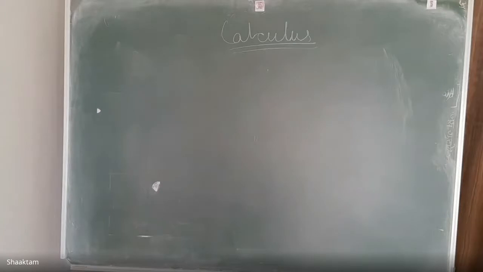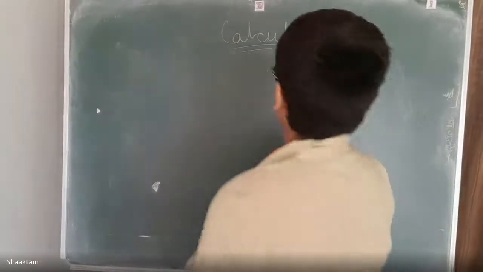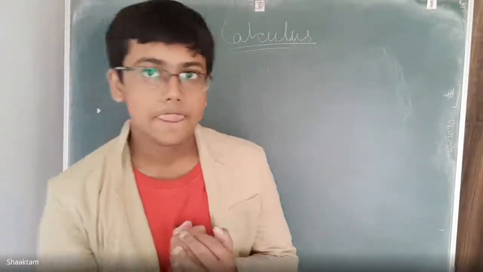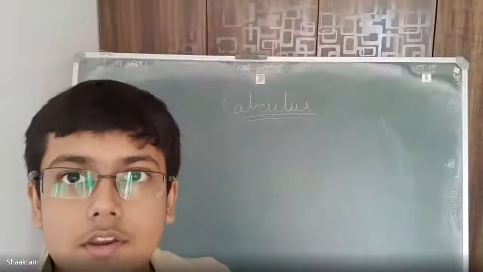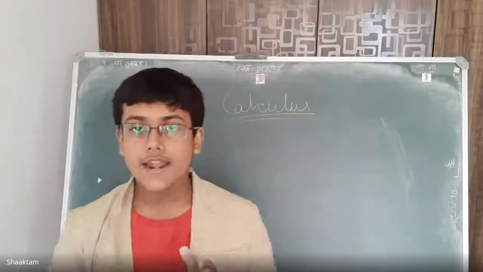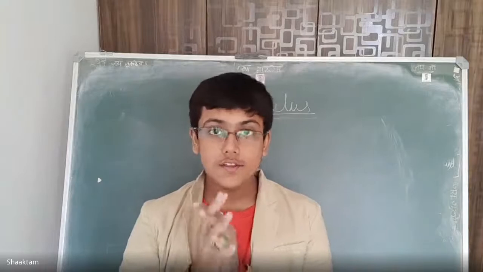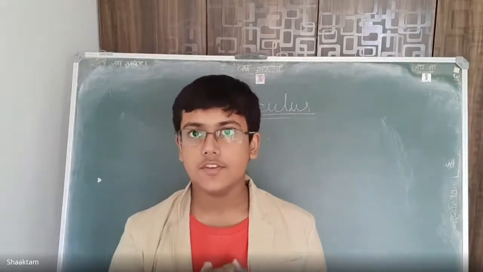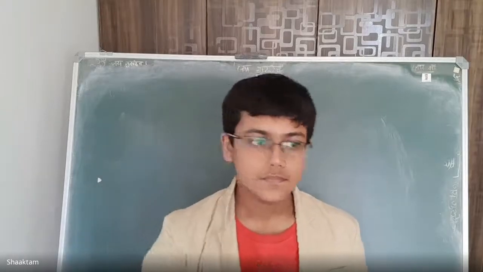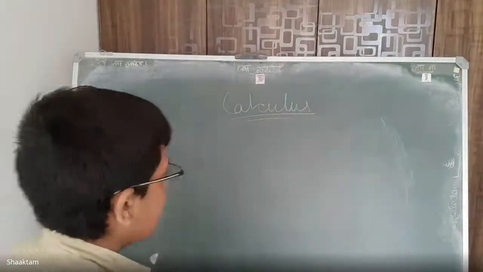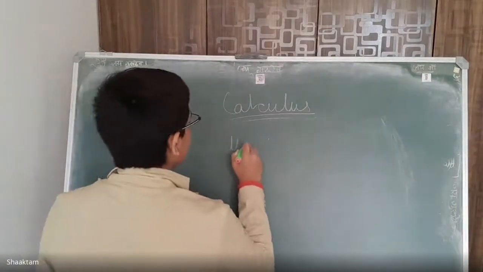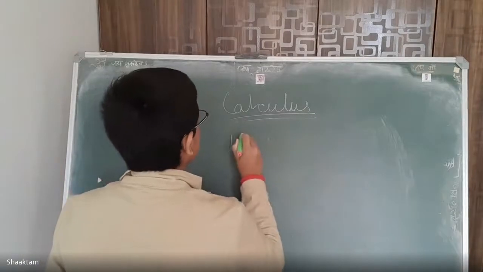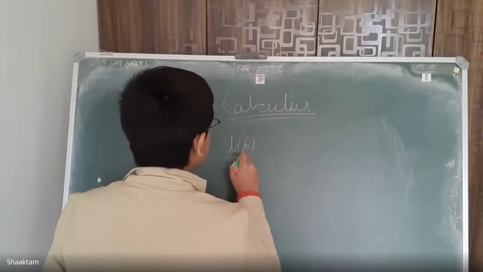First one is with the first rule. One more thing: we know the differentiation of a constant is 0. For example, d of 6 by dx is 0